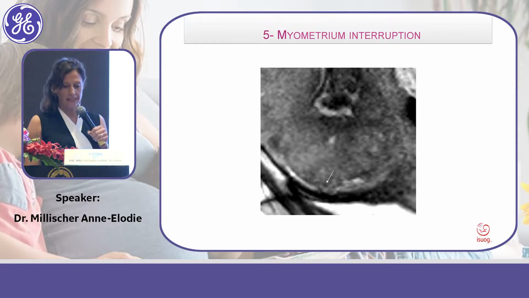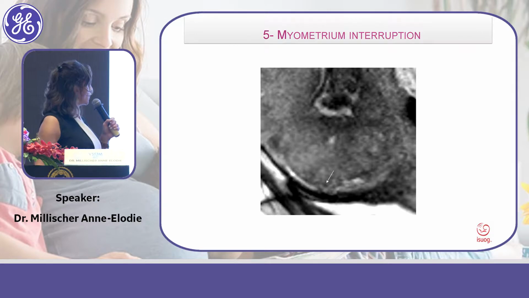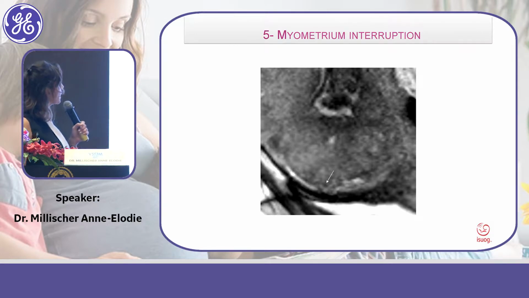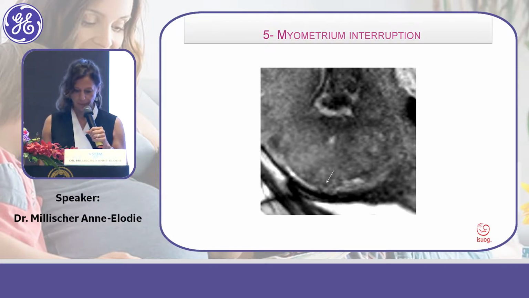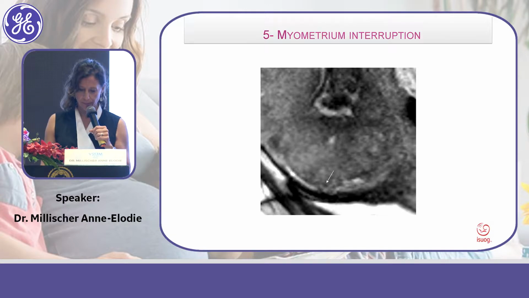And the last point, which is not so easy to see, is the presence of exophytic placenta inside the myometrium with an interruption of the myometrium. Và một cái đặc điểm là mình thấy là cái bánh nhau này nó làm gián đoạn cái cơ tử cung nó không còn một đường liên tục nữa mà nó bị mất một cái đoạn do cái bánh nhau